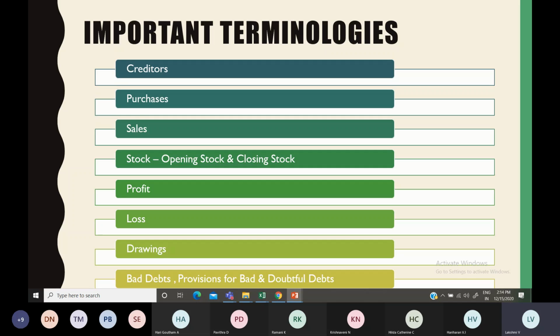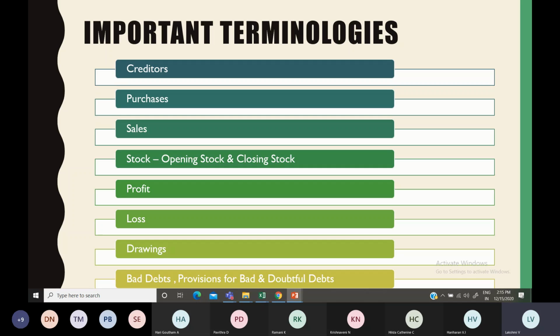Some debtors may turn up again and pay promptly, for which we might allow some discounts also. Some debtors won't pay at all. If you are confirmed about them, then you can treat them as bad debts itself. Then it is a risk on your part only. But some debtors may pay or may not pay. We cannot predict exactly what will happen. So anyhow, we have to adjust for that.